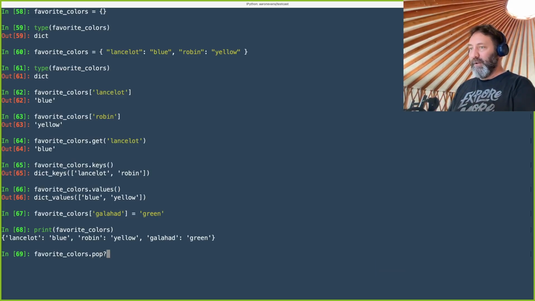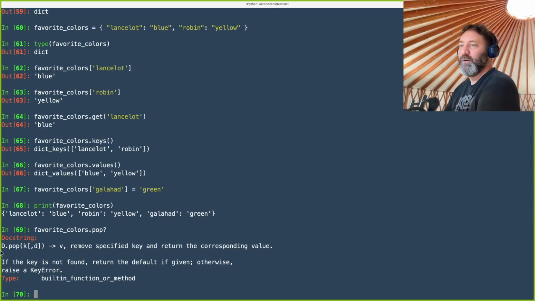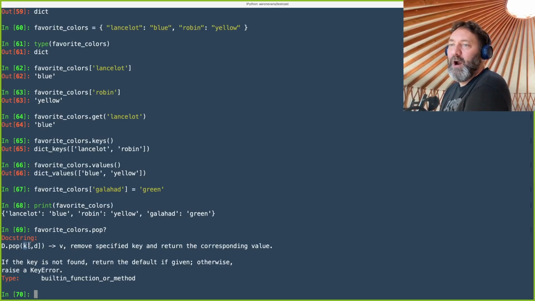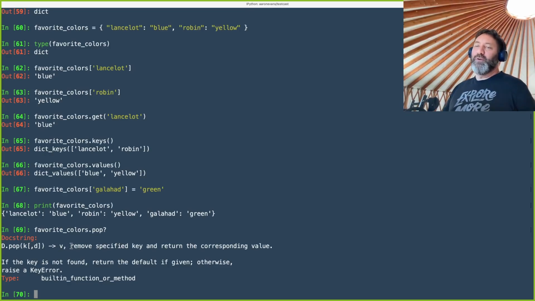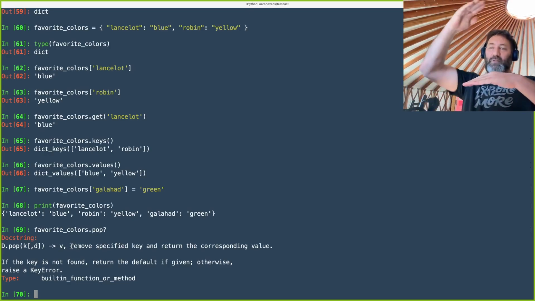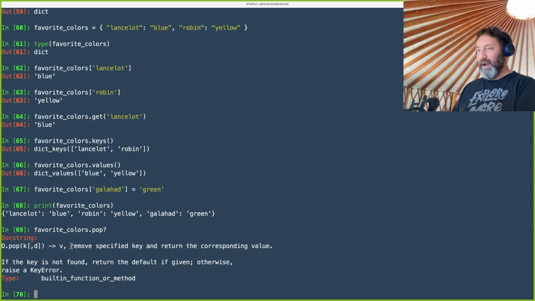So we can pop an item from the list. We'll look at the message here. So it says pop, remove key, optionally with the val or D. I don't know what D means, but it will return the value. So it removes an item and returns the value. So this is popping, right? So my last one on the list is Galahad. So if I do favorite colors pop,